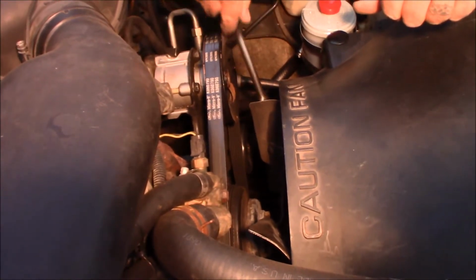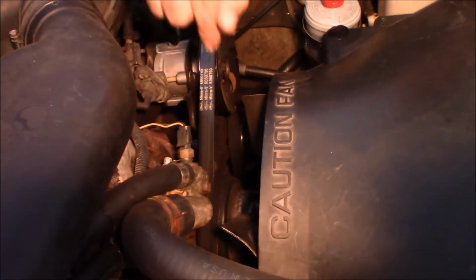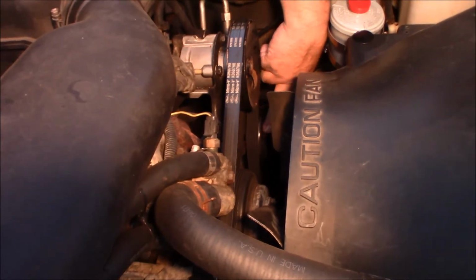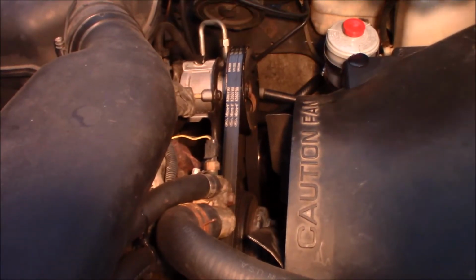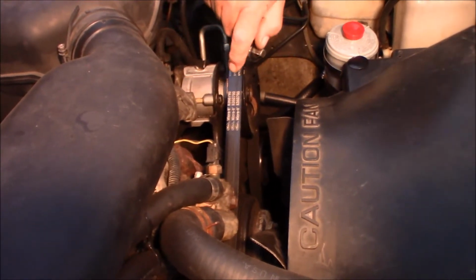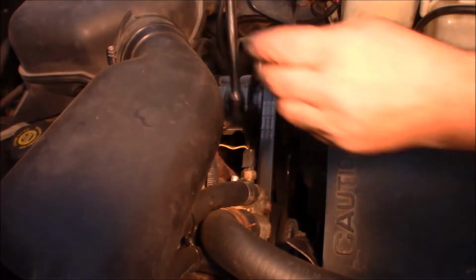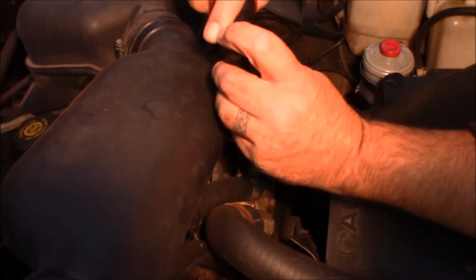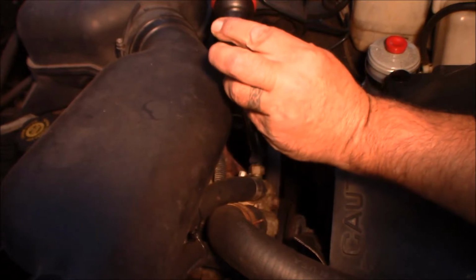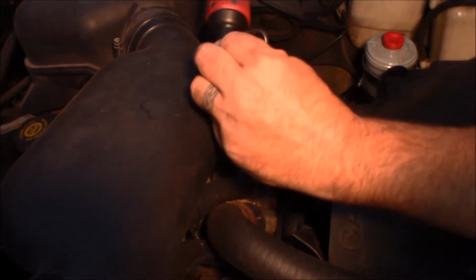All right, so you loosen that up, and now you have a bolt right here, and that is a long bolt that is going to slide this pulley up and down. The reason why we had to crack this loose was so that the pulley can slide up and down. The bolt on the pulley and the bolt up top are 15mm. So what I do is take a 15 on an extension, slide it in there, try to get it on that bolt, being careful not to break the